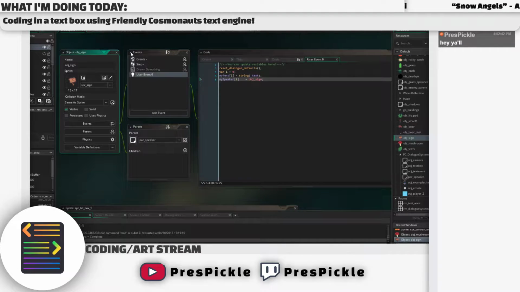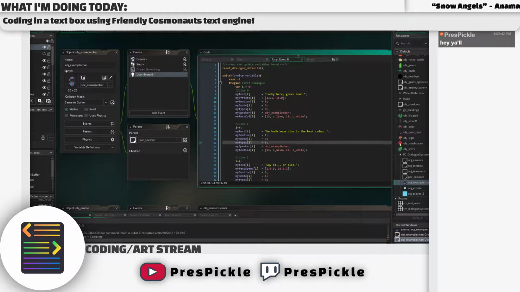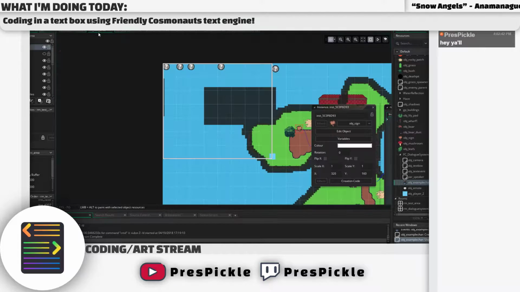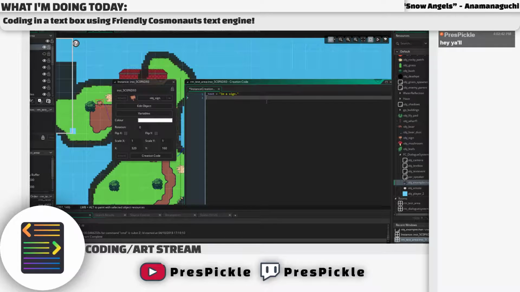So we want to have effects, basically. We want to set effects, emotion, emote, my types, my speaker, my text color. So this is what we want. Actually, let's go into the room test area. Let's go to the creation code, underscore text underscore